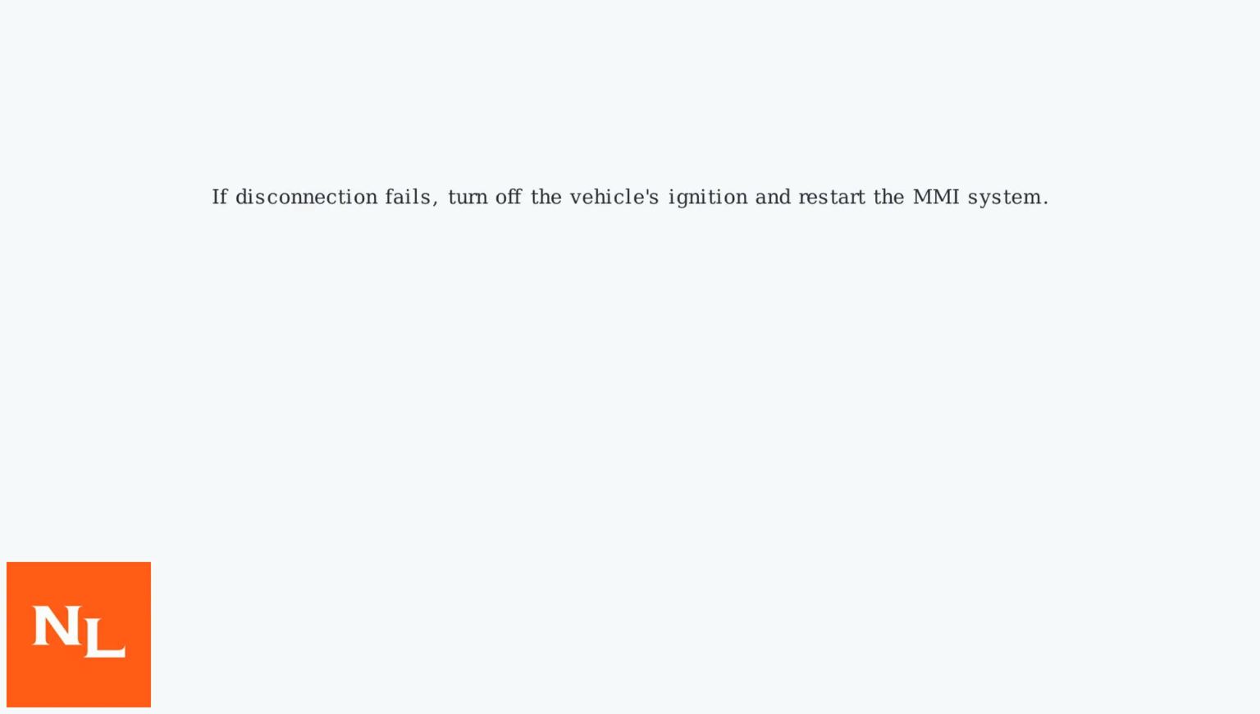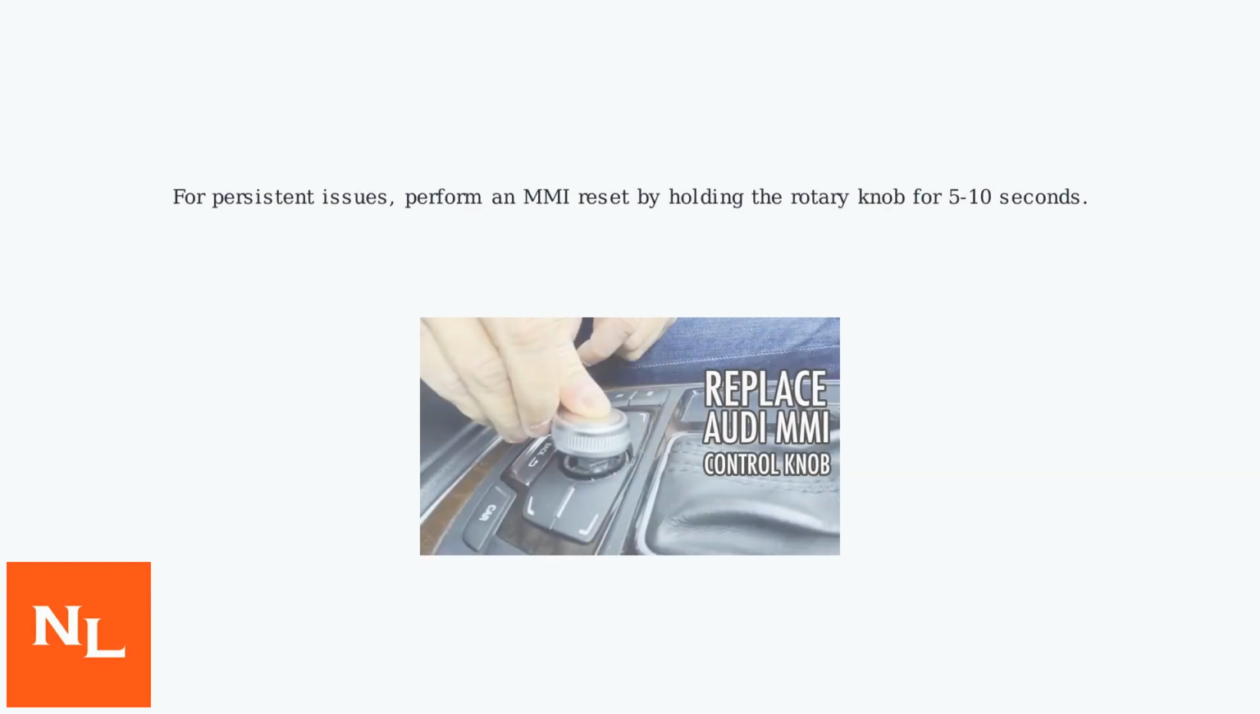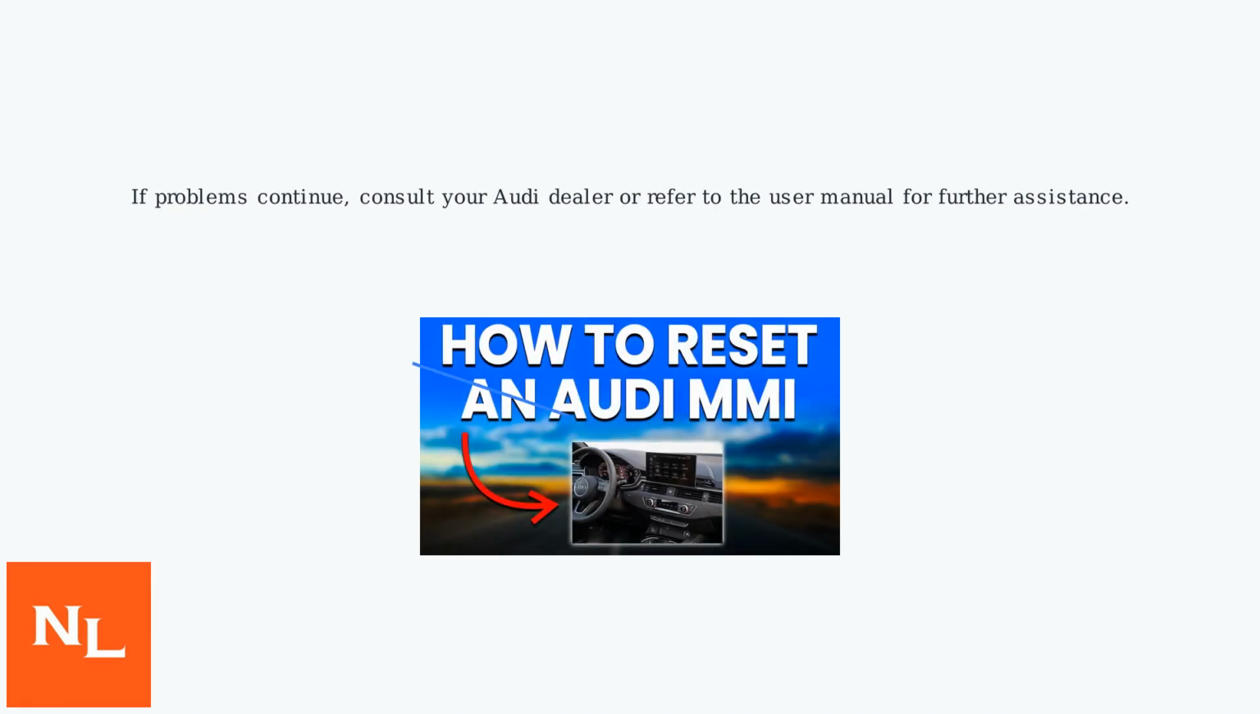If you encounter problems disconnecting your smartphone, try turning off the vehicle's ignition and then restarting the MMI system. If issues persist, perform an MMI reset by holding the rotary knob on the center console for 5 to 10 seconds. If the reset doesn't resolve the issue, consult your Audi dealer or refer to the user manual for additional